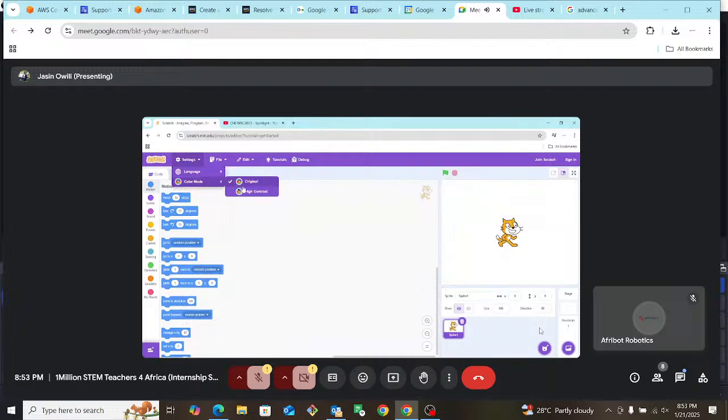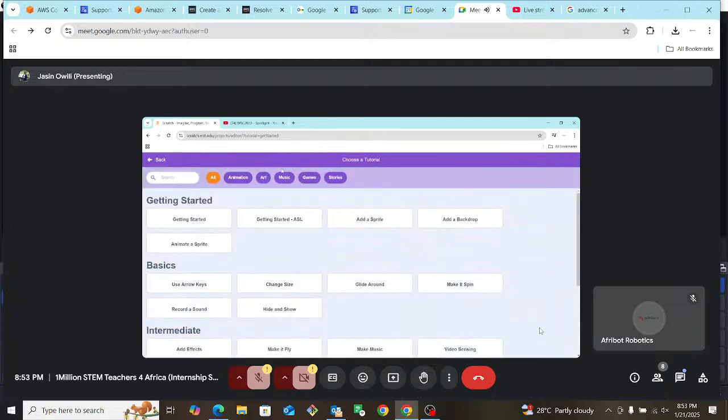Then there is the color mode. You can choose regional or high contrast. You can customize this to your liking. Then in case you need to open a file from your computer, you can always go to file and then load from your computer, or save a file to your computer. So assuming you are building a project, you can always save a file to your computer. Then, okay, I'll talk about this a little bit later. If you're not sure about something, you can always go and check on the tutorials.